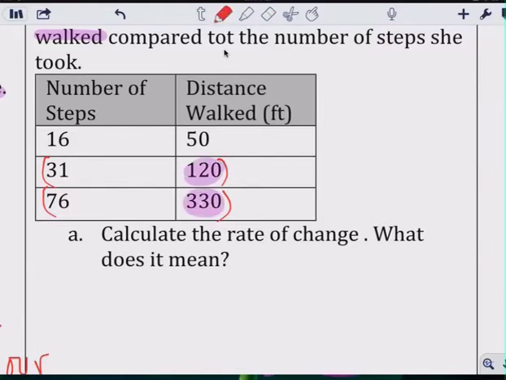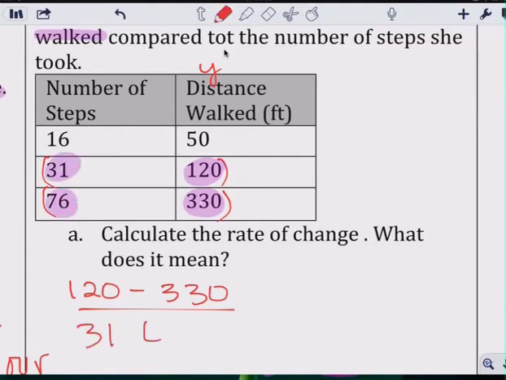The distance is from 120 to 330 over, these are the Y's, 31 to 76. 31 minus 76. Subtract that, you get a negative 210 over